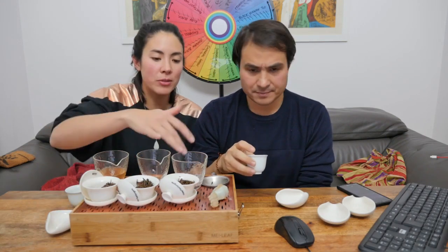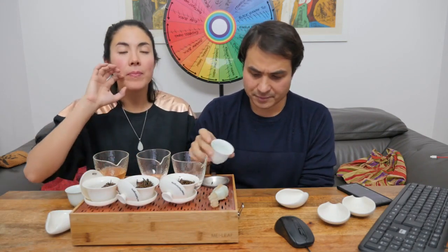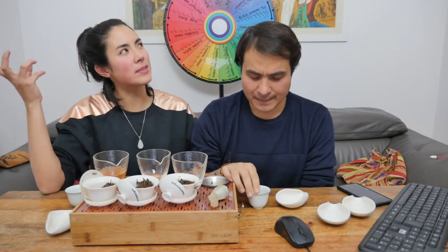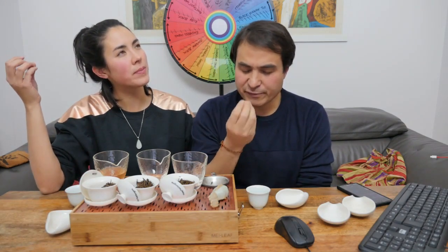Very nice, sweet aftertaste. Kind of similar to this one, but there's that lingering stewed fruits. Prunes stewed in like port or wine. And salty, like you were saying, a kind of sweaty skin. It's got a saltiness to it, and that accentuates the sweetness because it's like seasoning the sweetness in your mouth. And salt and sweet occupy the same...